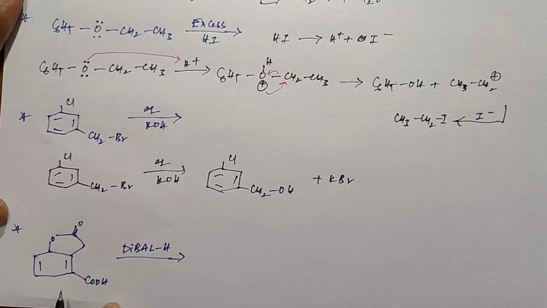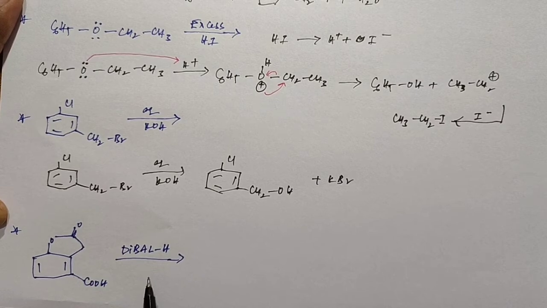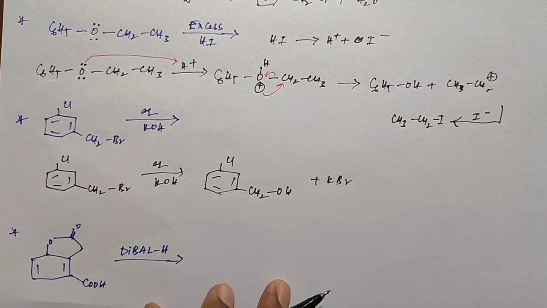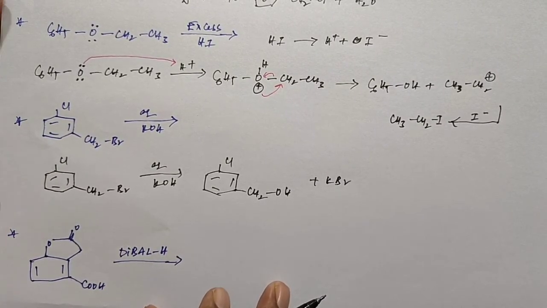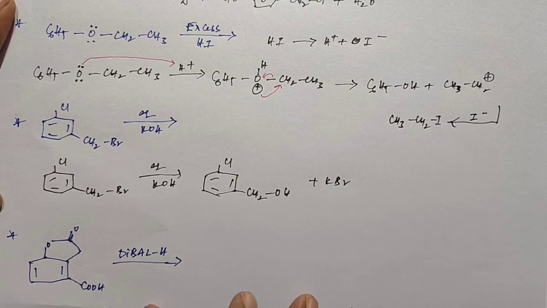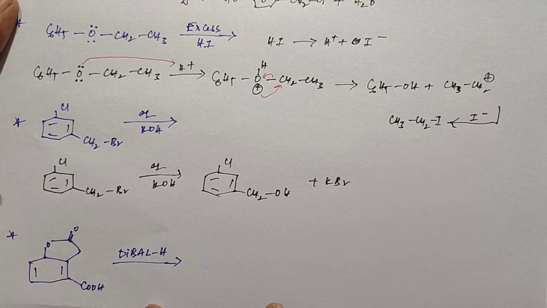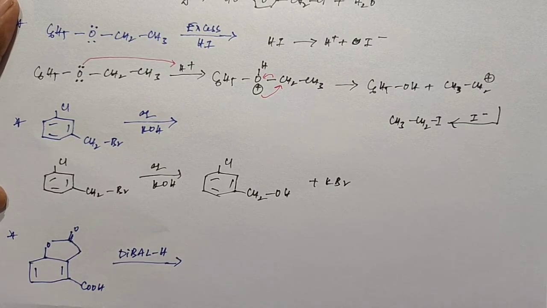This is the next incomplete reaction. In this reaction, the compound reacts with DIBAL-H. DIBAL-H acts as a reducing agent. Actually, DIBAL-H can reduce carboxylic acids, aldehydes, ketones, esters, acid chlorides, carbolamines, like that. When you see this compound, here we have two groups. One is a carboxylic acid, this is the representation of the carboxylic group, and this is the representation of an ester group.